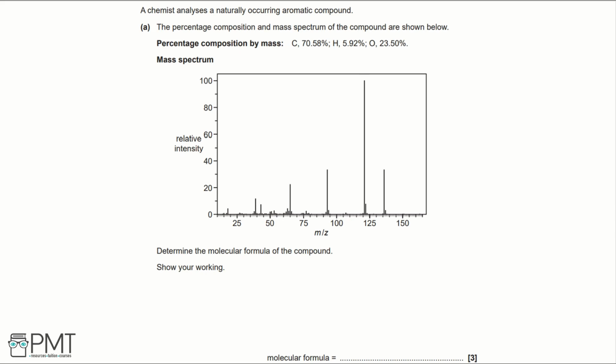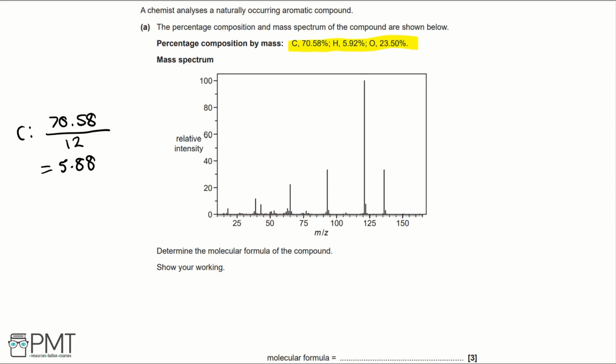Firstly, what we need to do when answering this question is work out the empirical formula of the compound. We do this by taking the percentage compositions by mass of C, H and O. So for carbon, we have 70.58% and we divide it by the relative formula mass of carbon, hydrogen or oxygen. So for carbon, that's dividing it by 12. That gives us